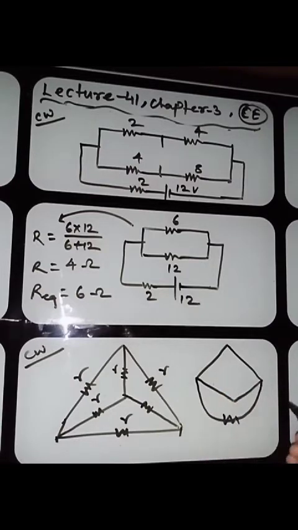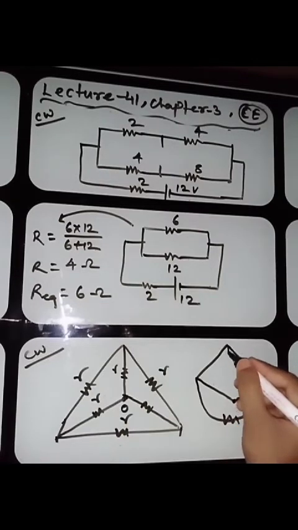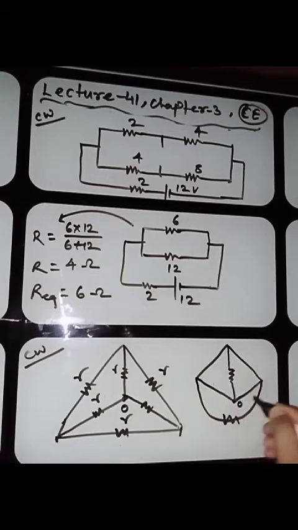This is the resistor. You can see this is point O, and this O comes at this point. You're pulling this one, but a resistor is connected in between these two,